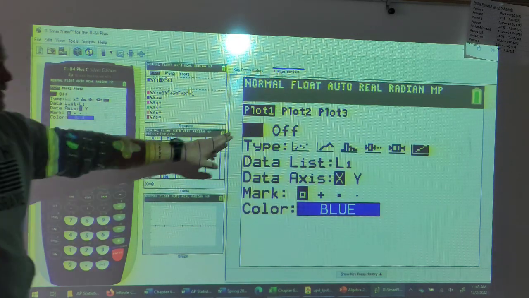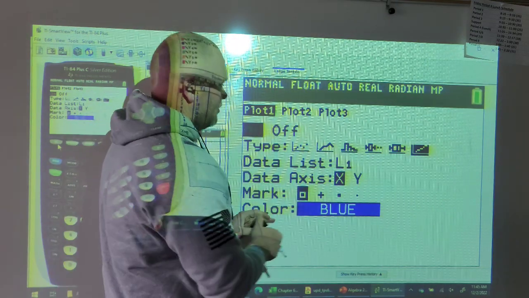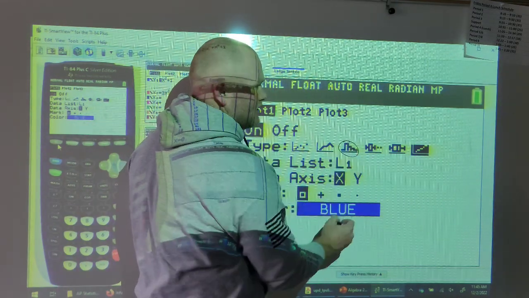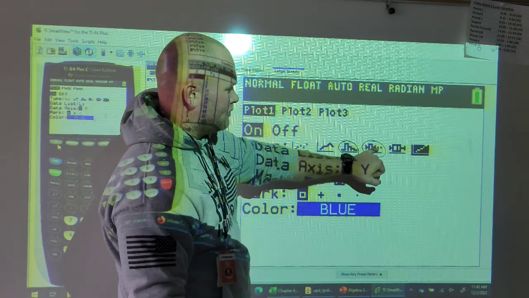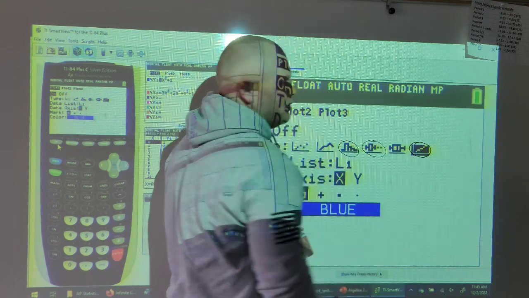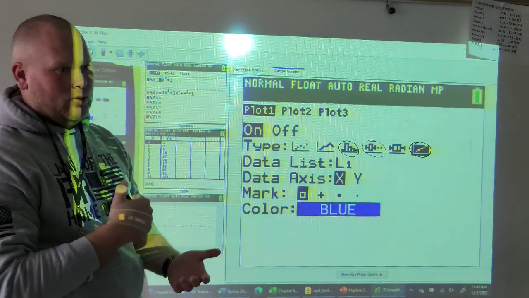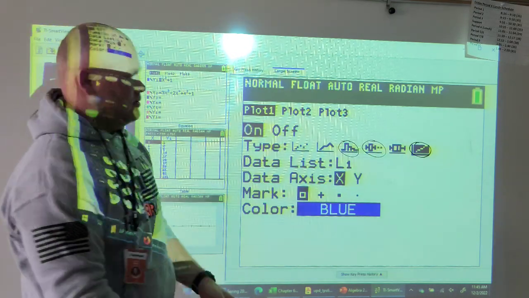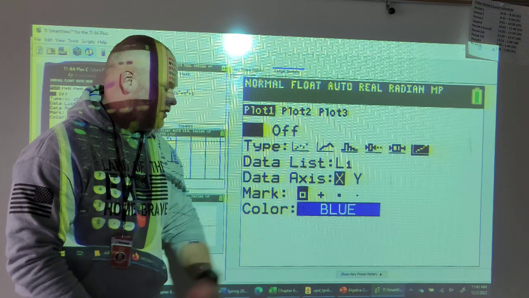So make sure your stat plot is on. Now for this one, we either want to do a histogram, a box plot, the one that checks for outliers, or the normal probability plot. All my answer keys are going to have normal probability plot just because I think it's the easiest one to sketch. So we highlight the last one, make sure data list was L1,